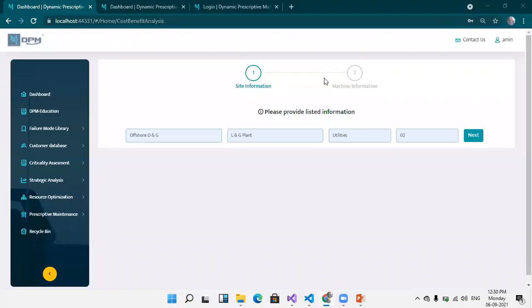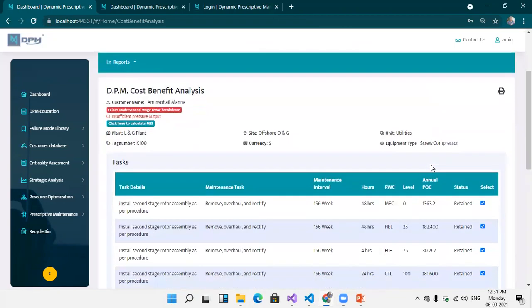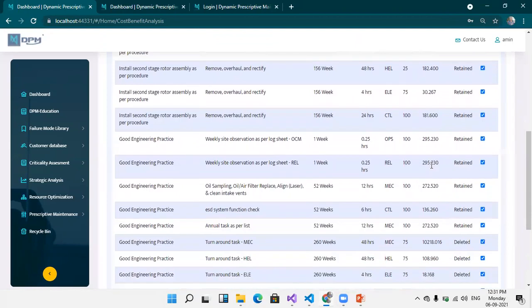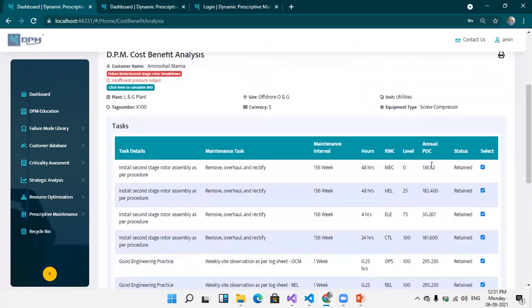The fourth step is the mapping constraint. It is also called resource leveling. The question to be asked is, for example, if a certain task has been recommended and for some reason or some bottlenecks, the customer is unable to carry it out, is there any alternative available? How to avoid resource non-availability? This feature is called cost beneficial analysis, or cost benefit analysis, CBA.